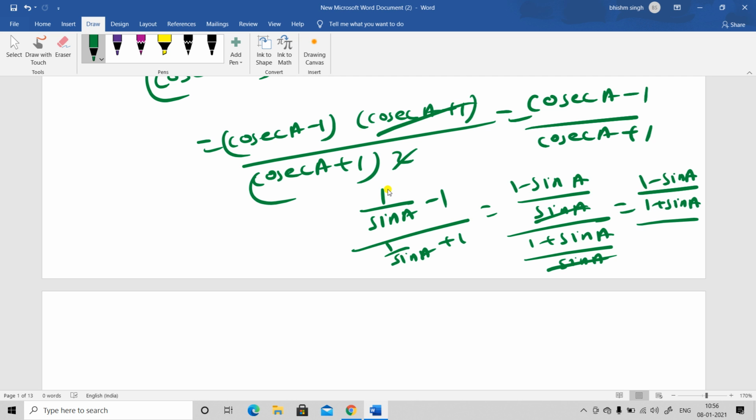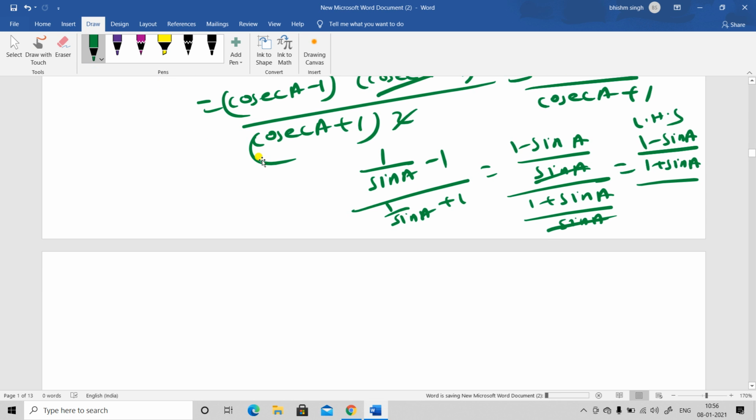Here you are getting the LHS from the RHS. This and the previous question are both the same. Like the last question, which I solved by both methods, this question I am doing from the LHS to the RHS, exactly the opposite of what they gave in the last question. So question number 28 is over.